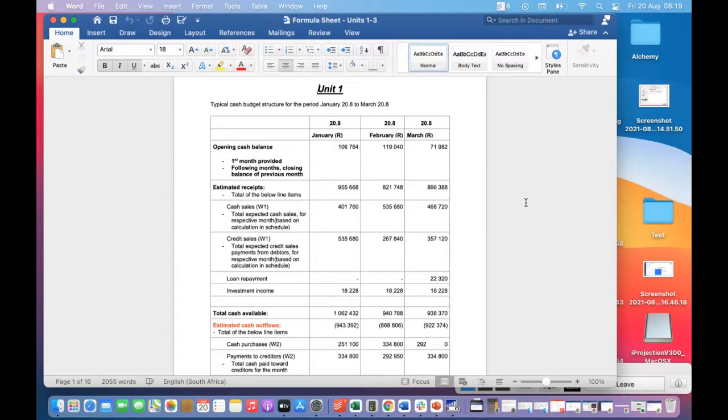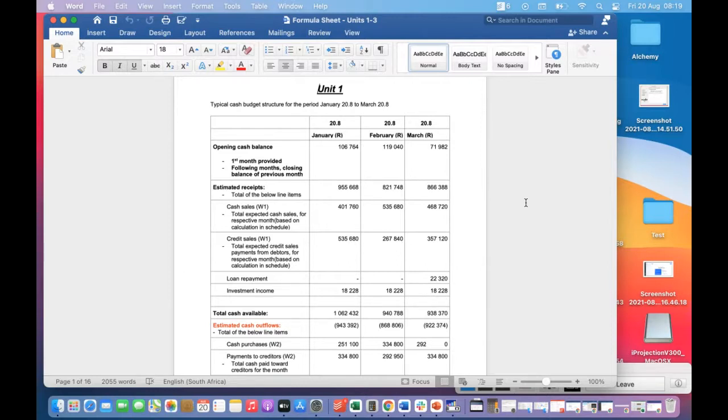So it's literally a thing of just giving you the steps and guidance: okay, this is how you deal with the problem, these are the type of questions they'll ask, etc. So I wanted to start with the formula sheet because when it comes to finance, you need a formula sheet. It's like maths in a sense. You need the formulas for that unit, you get those formulas, and then you just do exercises, and before you know it, the formulas are now in your head. And then you're good to go.